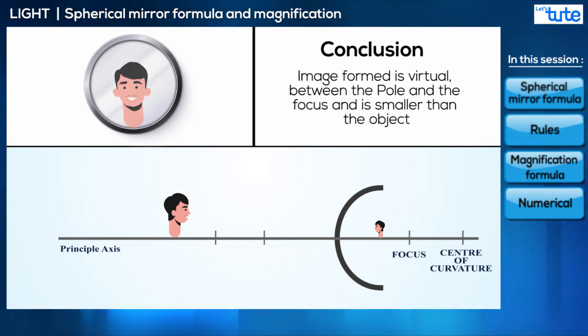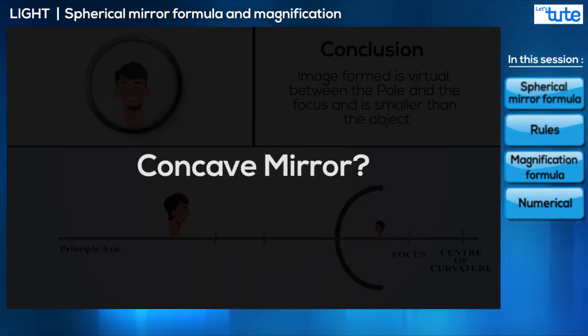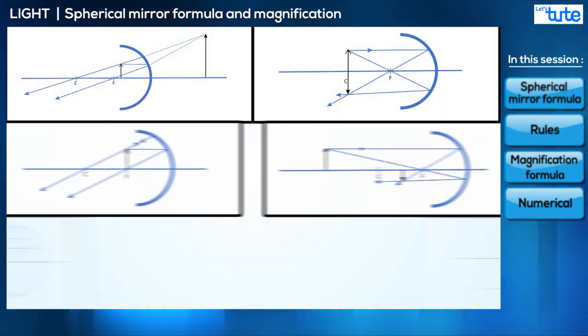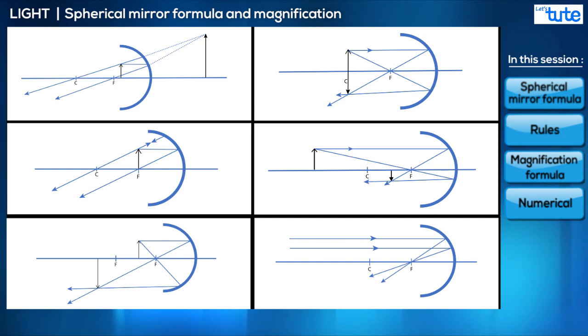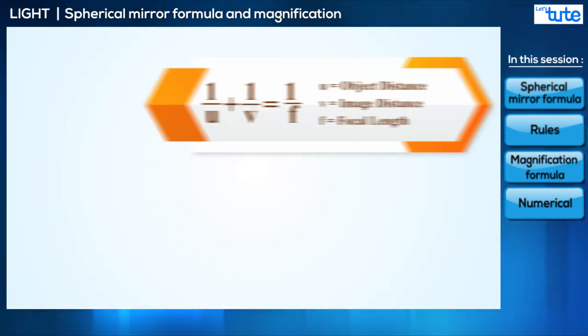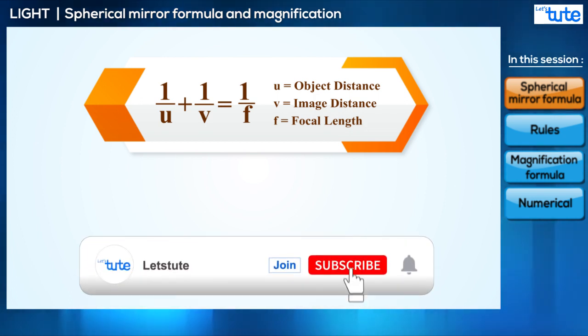Now that we have solved this problem for convex mirrors using ray diagrams, we can do the same for concave mirrors too, right? We can, but making every possible ray diagram for all the object positions is a tedious and inefficient way, which is why we need a formula to answer this question easily and quickly. Thus, we are going to use this mirror formula from now on. The mirror formula is an easy yet powerful formula which has multiple uses. This is the mirror formula.